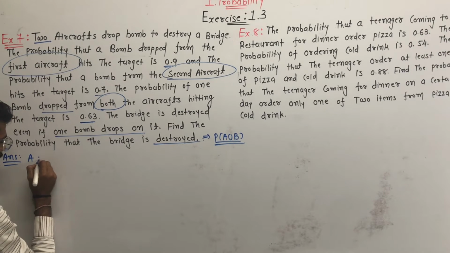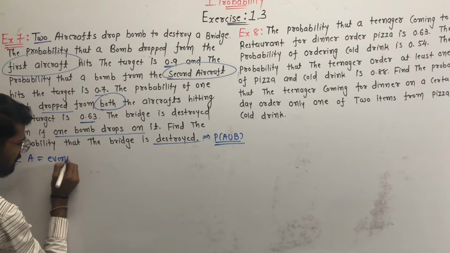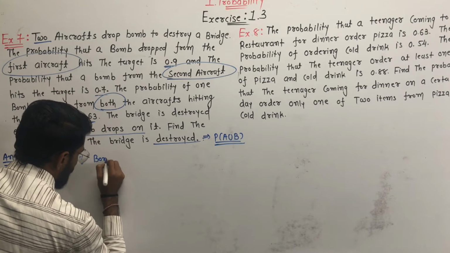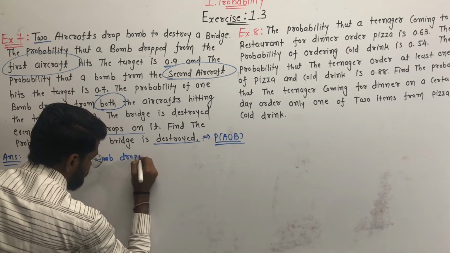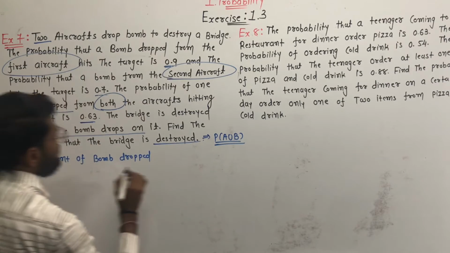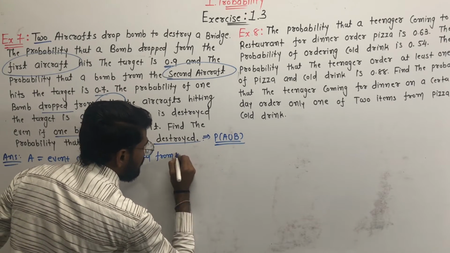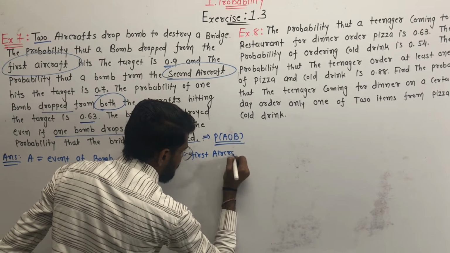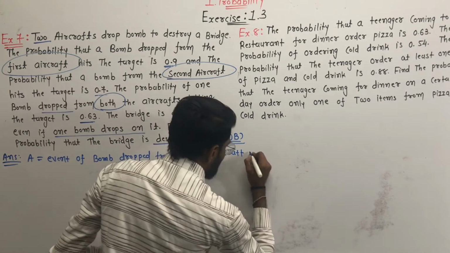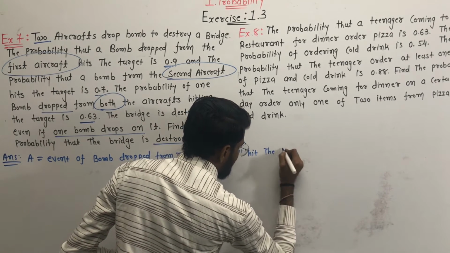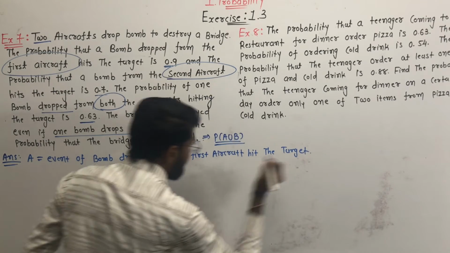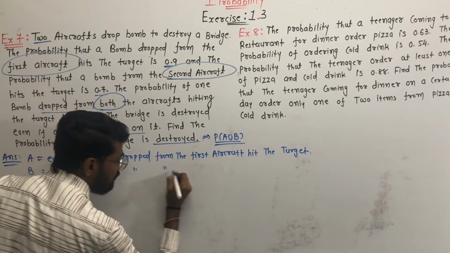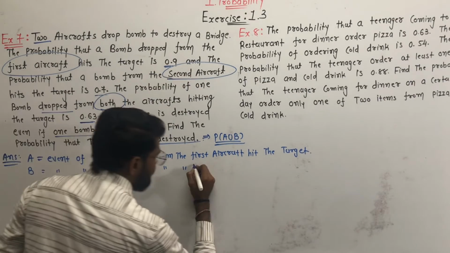A is equal to the event of bomb dropped from the first aircraft hit the target. Okay, and event B is the event of bomb drop from the second aircraft